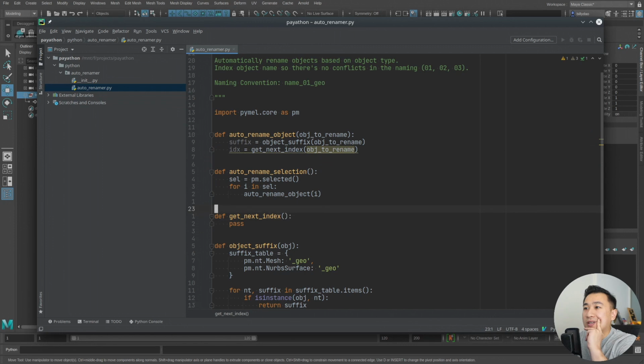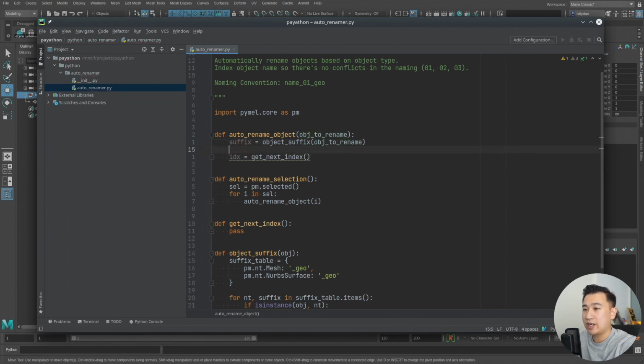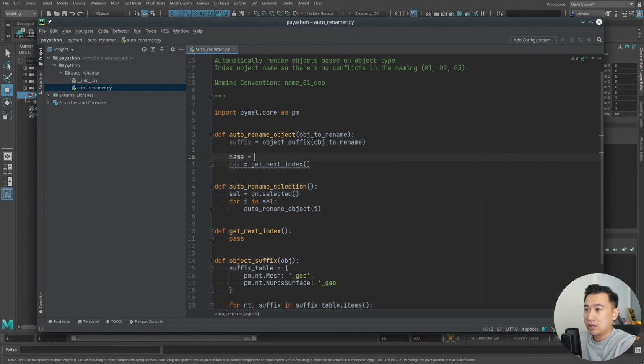We probably need to figure out the full object name first before we can get the index. So I don't actually want to pass the object to rename there. I think what I actually need to do is get the final name here first, and then we can modify this final name